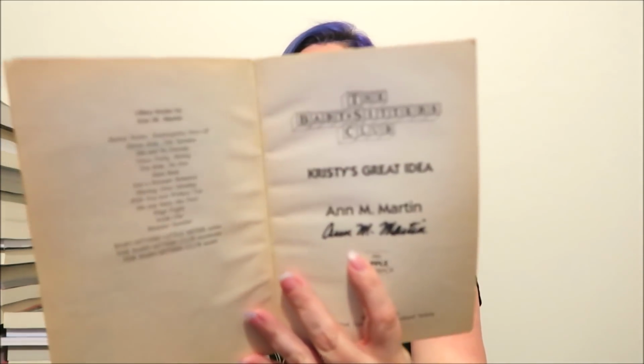So I brought this book from home. This is Christy's Great Idea by Ann M. Martin. It is the original, and she signed it for me, which was awesome. And she signed my phone case, which was also awesome. But Raina